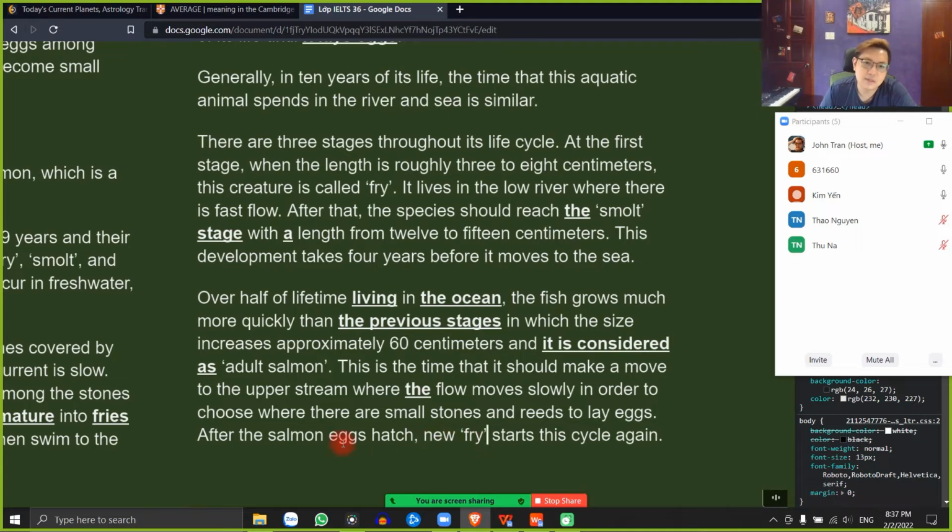I think salmon eggs, since you mention plural, so here it should be new fries. Plural, you know. Start this cycle again. Thế là không cần hai cái dòng nháy đấy nữa. No, because you're putting it into plural form now, so it no longer is what people call it, fry, but it's fries now. Mình chuyển thành dạng số nhiều, nó đâu còn là cái chữ fry cũ đó đâu.